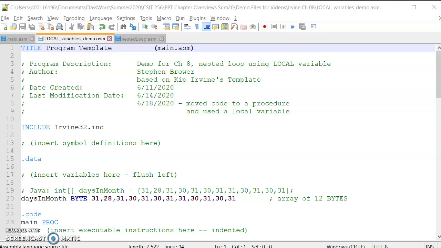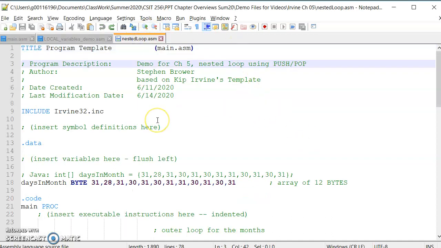This is meant to be a demo for Irvine Chapter 8, specifically looking at local variables. What I wanted to do, I just did it as a silly example. Back in Chapter 5, one of the demos that I had loaded, I don't know if I did a video on it, was the